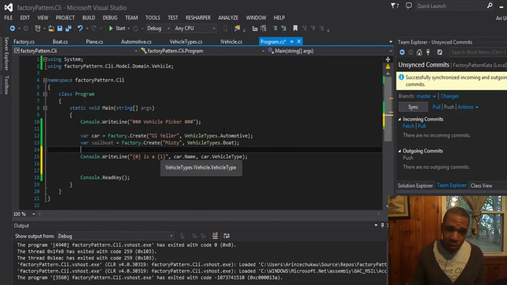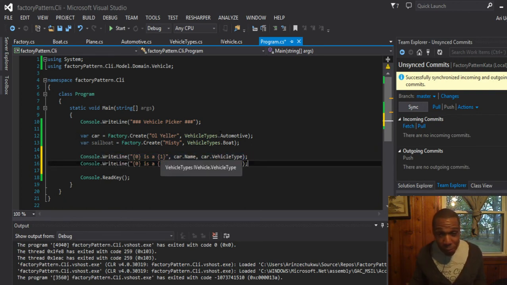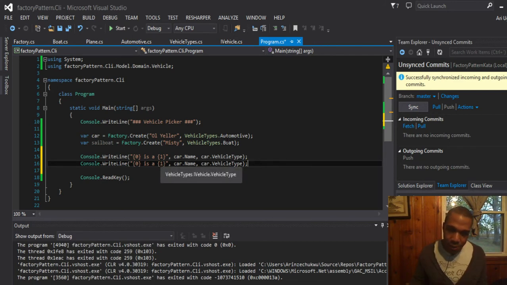Don't need a toString on the enum. It's kind of an abuse of it, but it'll go ahead and toString automatically, even though the primitive type of the enum is an int. So that's why it's an abuse. Other languages aren't quite that flexible with their enums. All right, so for this guy, I'm going to say that the sailboat name